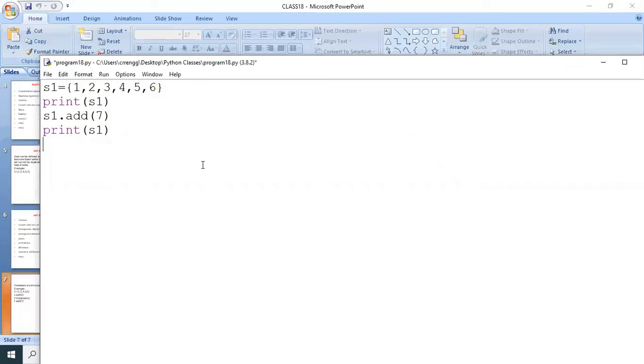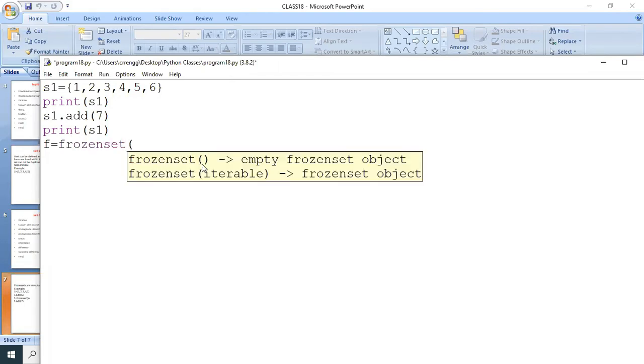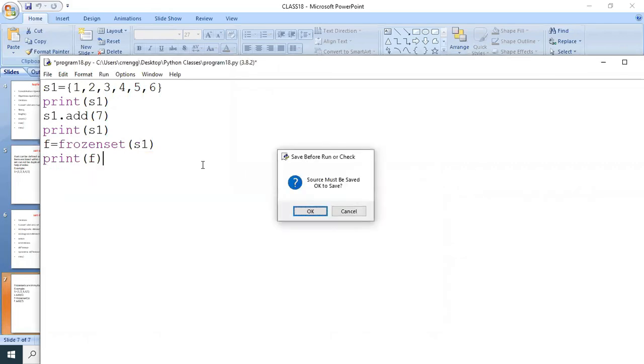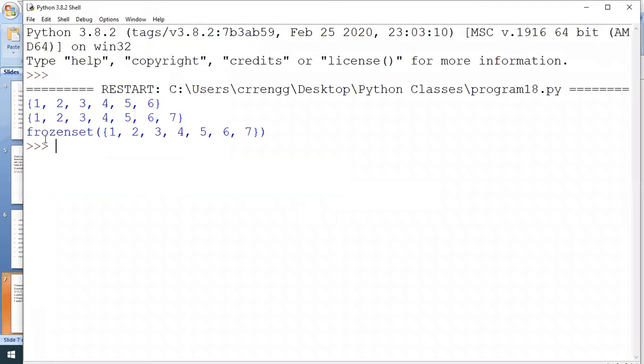Now I convert this S1 into a frozen set. For example, F equals frozenset of S1. Print F. This is the frozen set: 1, 2, 3, 4, 5, 6, 7.